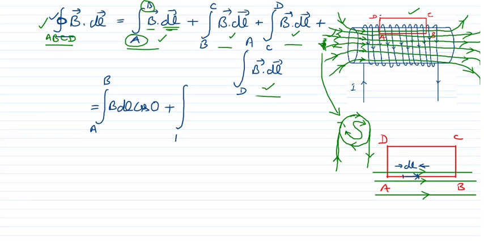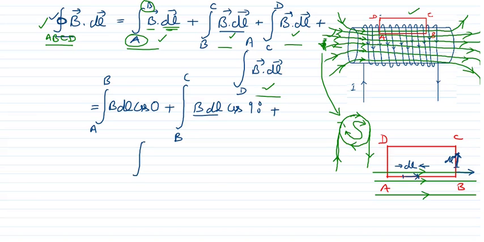For the BC, it will be again B dot dl, it will become B dl cos. Now what is the angle between B and dl for BC? You can see B to C is in this direction, the magnetic field is along this direction, and dl will be along this direction, that is this one. So what is the angle between B and dl? Absolutely right, it will be 90 degree. Plus